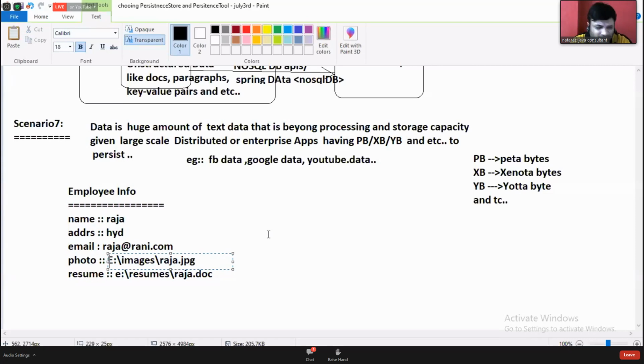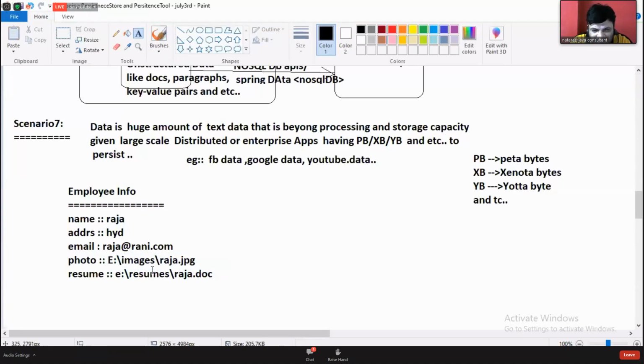I forgot that software name. They hold video and audio files. They will generate one unique number for every video file and audio file, and we will add that. S3 bucket is one name, and there are so many names.